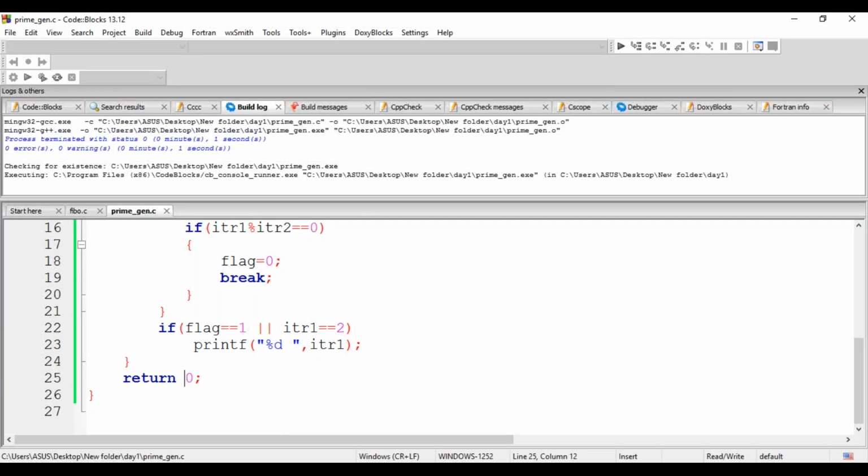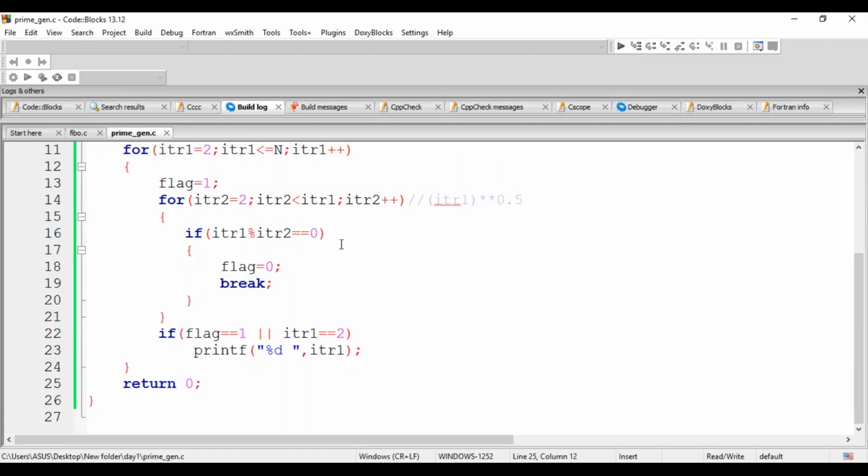So let me stop sharing and let me come back to this program here. So this is all about generation of prime numbers within the given range. Okay, now let us change the question a little. You may get a question like this, guys, the same question but different scenarios.